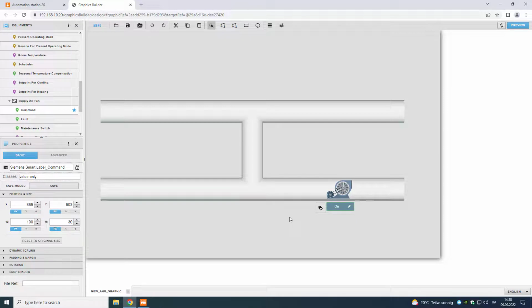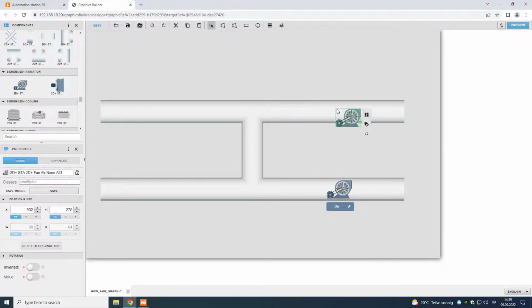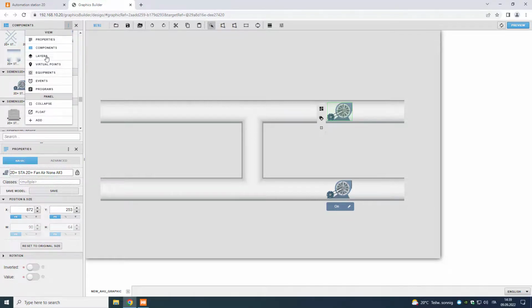Now, we can add the exhaust air fan into our graphic. Although it would be easier to copy and paste the elements we already have, and then change the binding, this operation is strongly not recommended for elements already bound to data points. This is because it may cause duplication of bindings for the same element, and it may end up in graphic corruption. For that reason, we recommend to take new elements from the component or equipment menu, avoiding the copy and paste solution, which is instead recommended only for simple graphic components, not bound to any data point. So, go to Components, select the air fan symbol, and bind the exhaust air fan from Equipments.